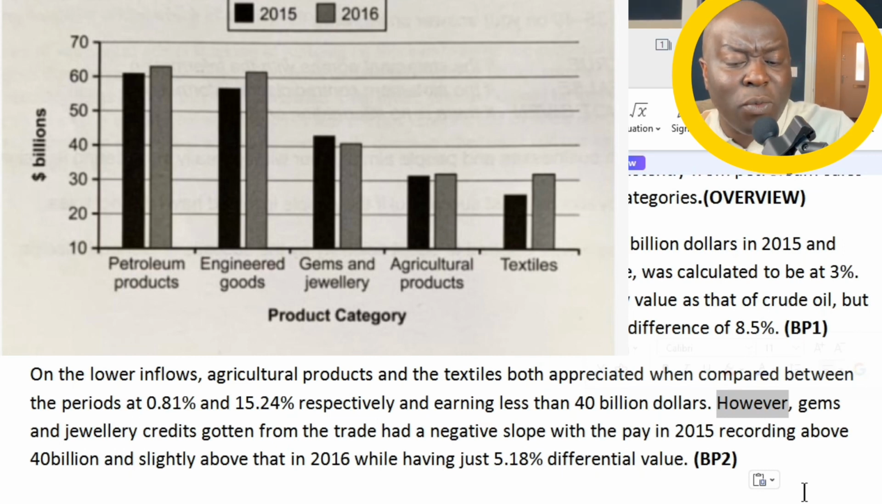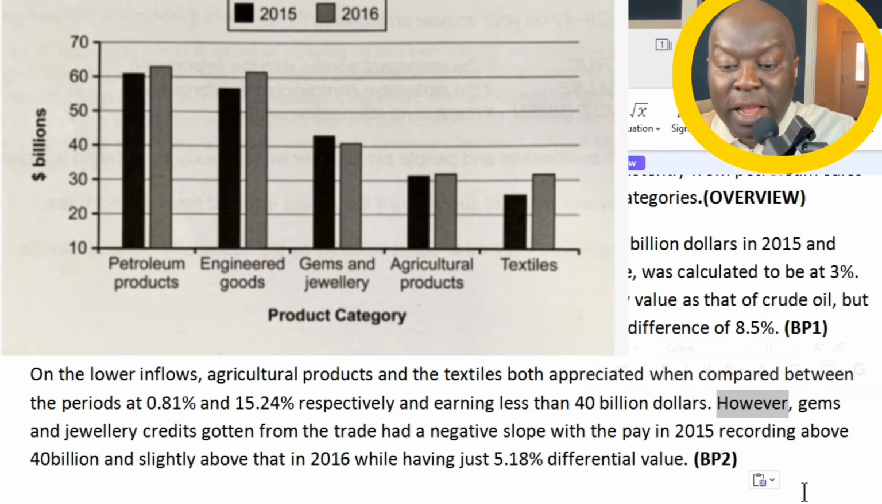When I was introducing body paragraph 2, I did not say that body paragraph 2 had a negative slope, because they didn't have a negative slope except that of gems and jewelry. All of that had a positive slope, but I didn't describe them as having positive slope, because if I had used it as a discourse marker or as a word to bring in body paragraph 2, it would affect even the gems which had a negative slope. So I only said that agricultural and textile only appreciated. As you can see, they appreciated. But however, jewelry